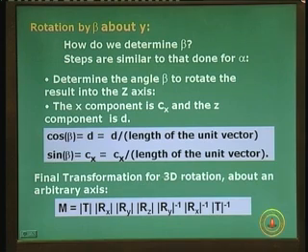So, the final transformation of 3D rotation about an arbitrary axis is first translate along T, then 2 rotations about x and y given by the corresponding values of alpha and beta respectively. Once Rx and Ry have been operated, what basically remains is rotation about the z axis by an amount theta, and this is step number 3. Then you have to undo what you have done earlier in terms of Ry and Rx. So apply the inverse transformations and then apply the inverse of T.